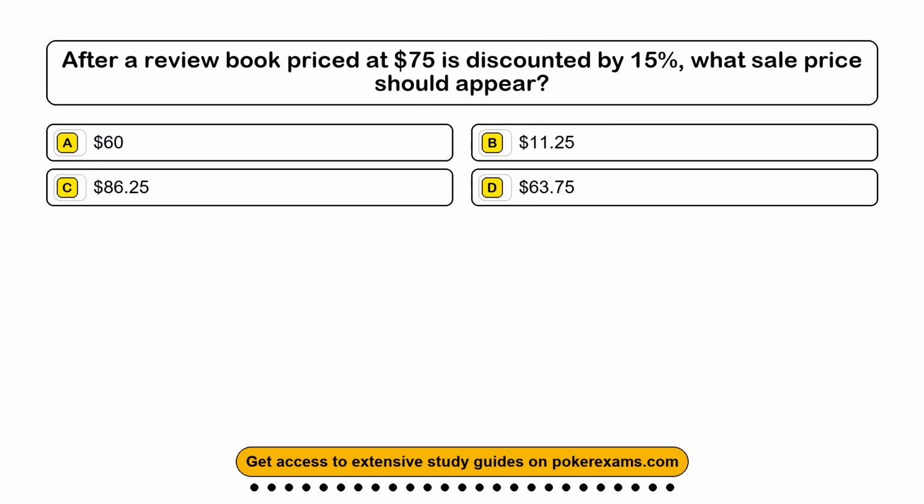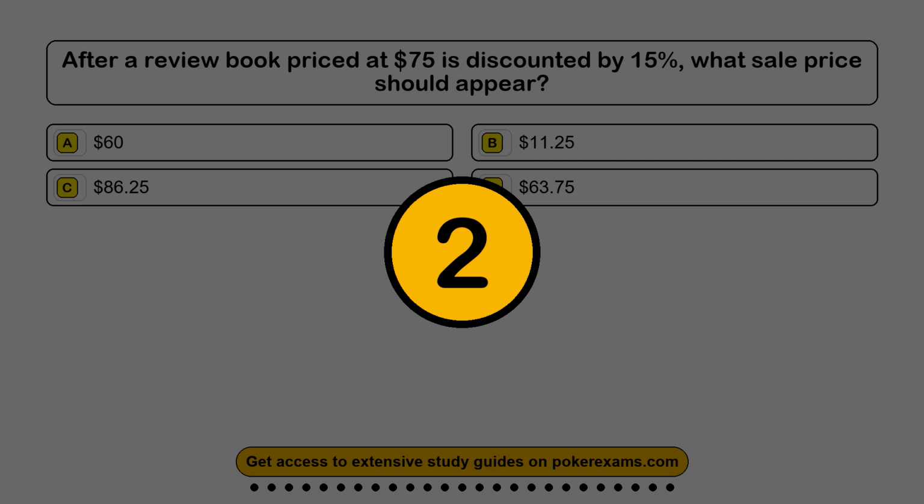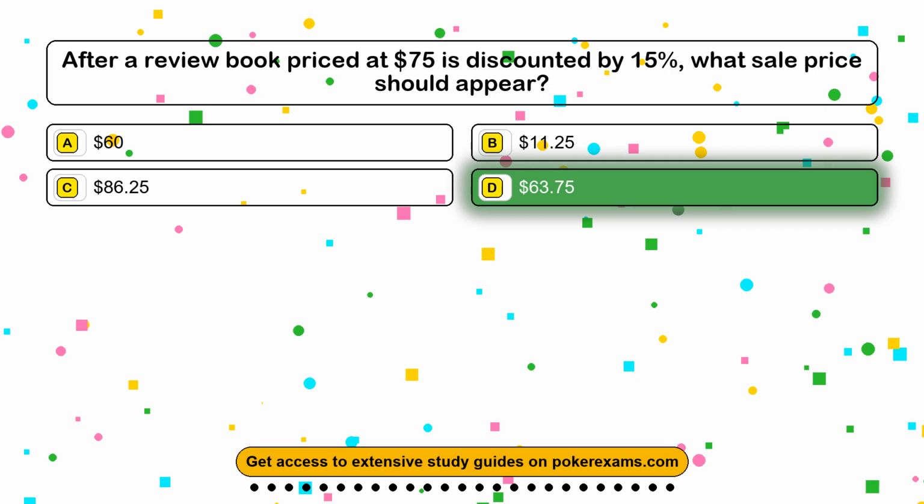Question 3. After a review book priced at $75 is discounted by 15%, what sale price should appear? Option A, $60. Option B, $11.25. Option C, $86.25. Option D, $63.75. The correct answer is option D,